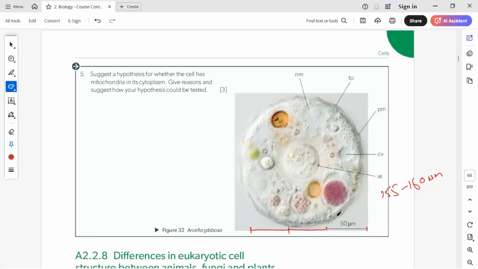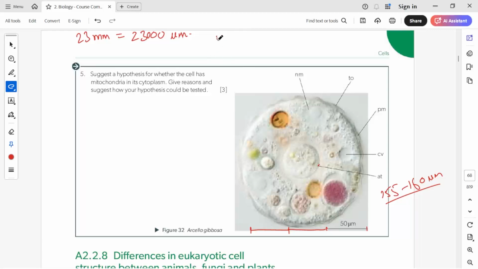But if you want to find out the magnification of this, then how will we find out? So approximate size of the cell we have already found out. Now take a scale and measure the width of this particular cell inside your book, so then you'll be able to find out the magnification. So the actual size on the scale is coming somewhere around 23 mm, and this is 150 to 160 micrometers. So I'll convert this also into micrometers, so it will be 23,000 micrometers. So this is size of the image and this is actual size. Using these two we can find out the magnification, right?